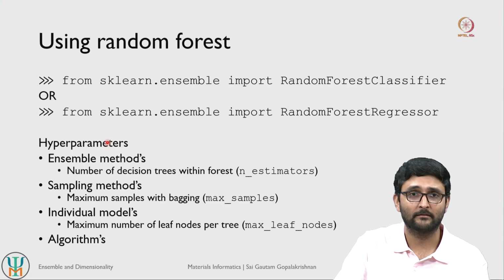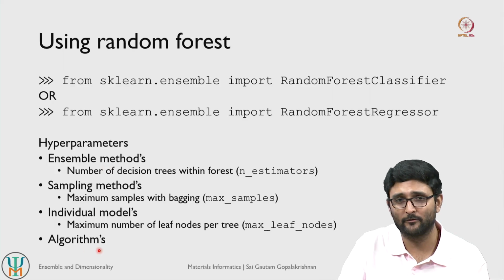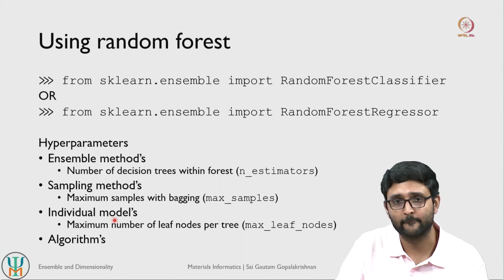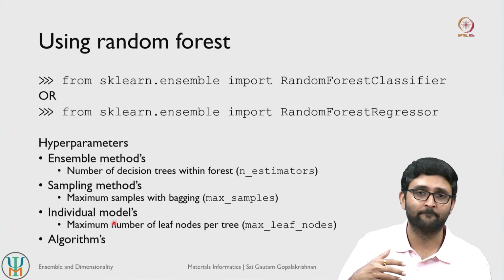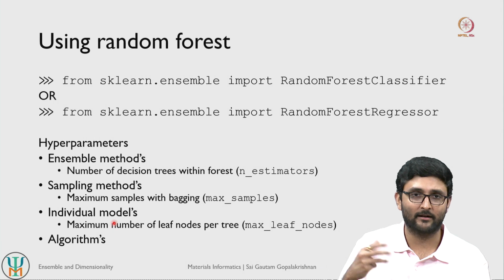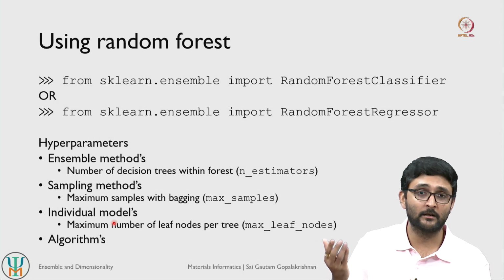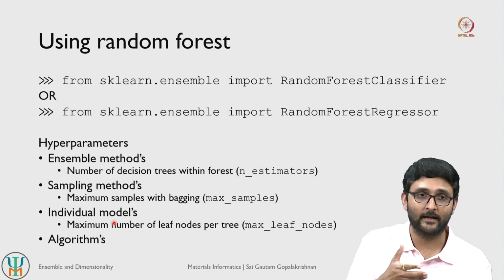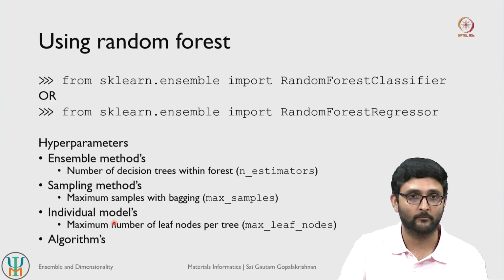So whenever we consider ensemble models, we have to worry about these 4 levels of hyperparameters, and we will probably have to fine tune all the 4 levels, right. Which means our grid search cross validation or random search cross validation will become quite expensive to tune all the hyperparameters for these ensemble models.